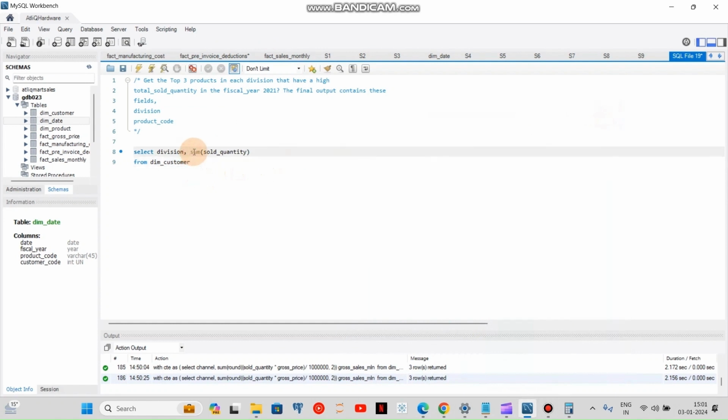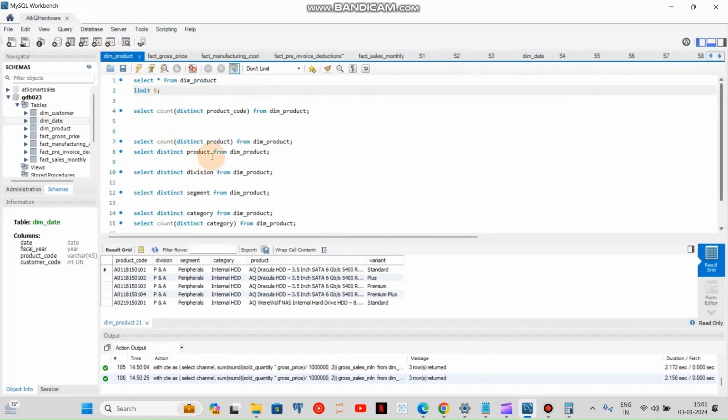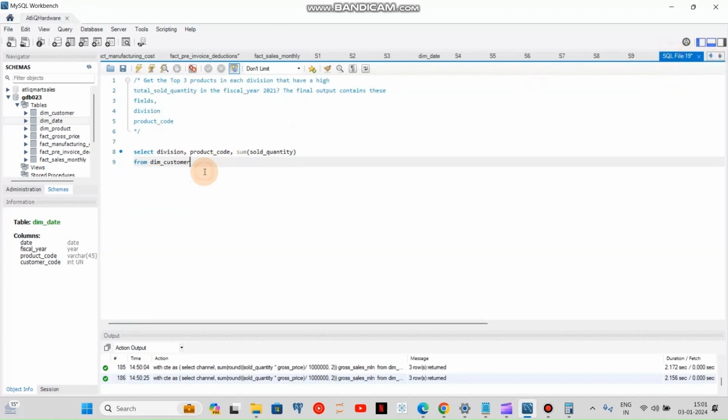And I also want product code, which I will get from product table. I guess division also we can get from our product table. Let's check. So dim product has division and product code. Nice. So we will not have to combine many tables. So dim product join